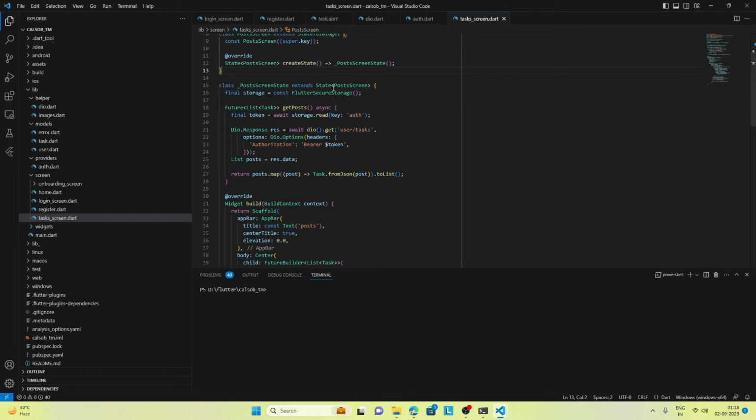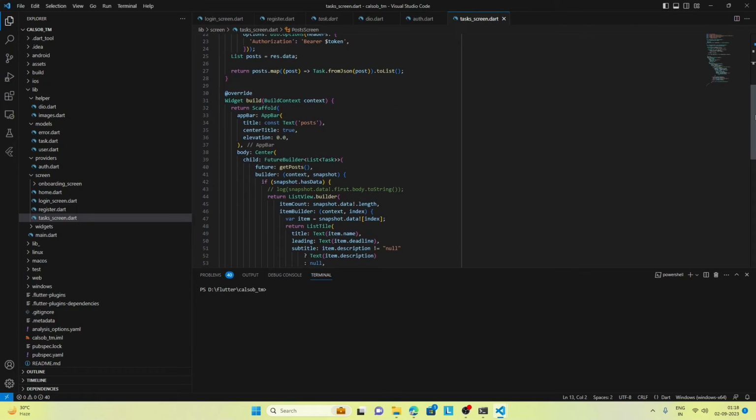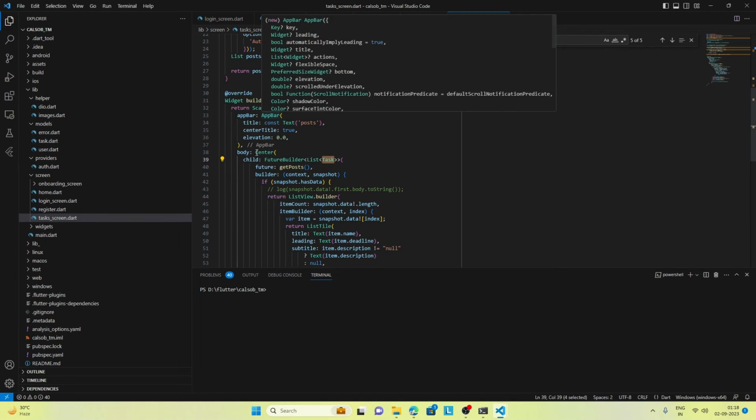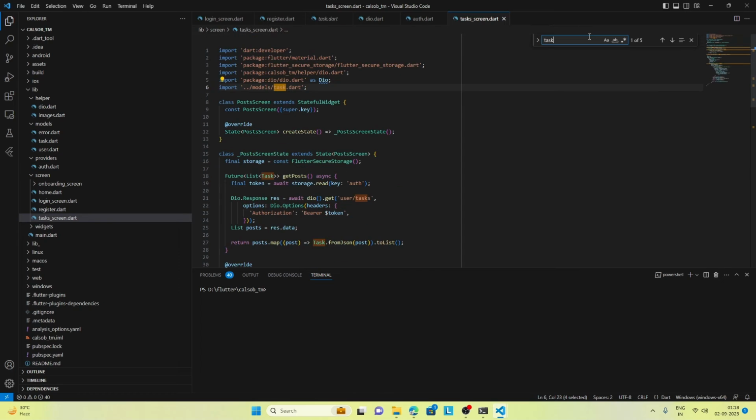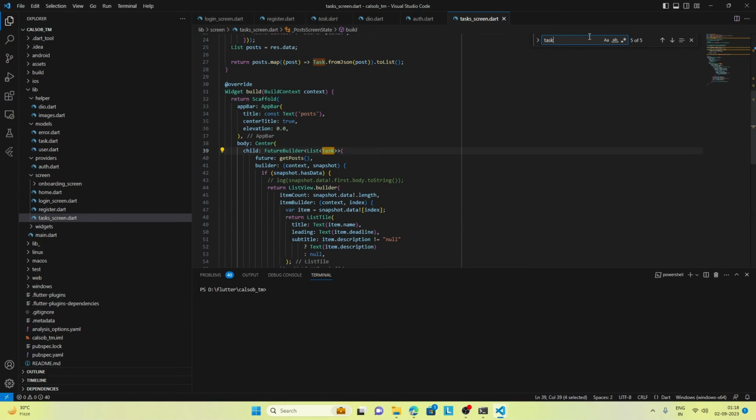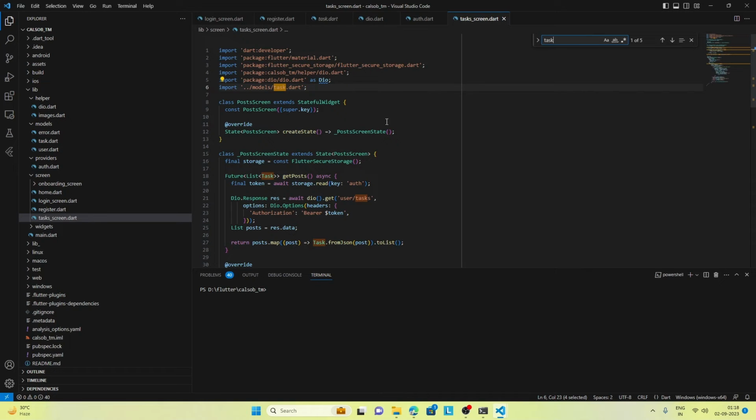The post screen state name is still there, but you can see here that because we changed the name of post model to task, we have to make changes here and here. So these are the places I made changes,